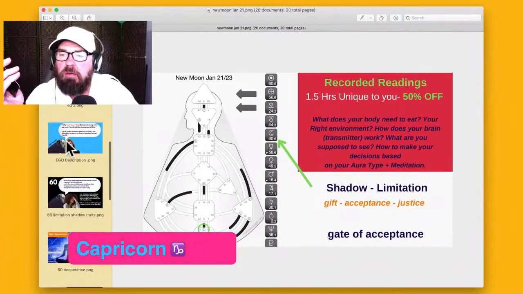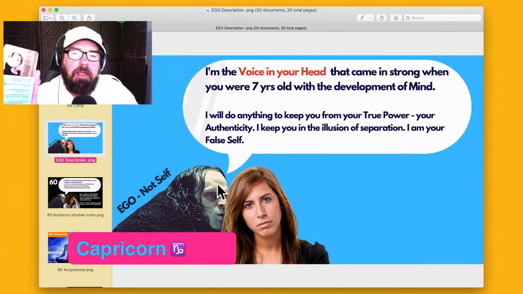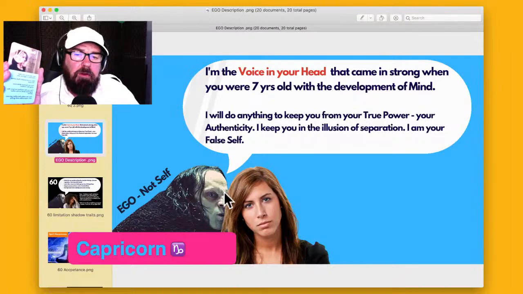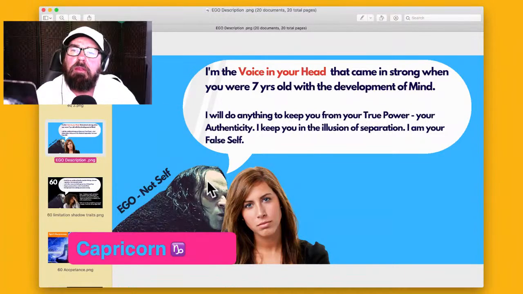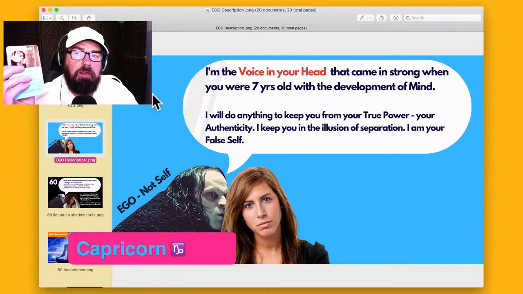So that ego, just quickly, that's the voice in your head. Okay, that's Wormtongue. I'm just giving the ego a form. The voice in your head, the foreign entity, that's yammering constantly. Most people on the planet believe that they're this ego in their head, and they're not. So the ego is convincing you that everybody's against you. Capricorn in the first house.